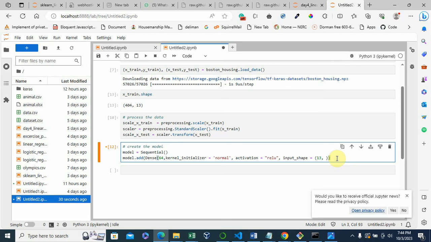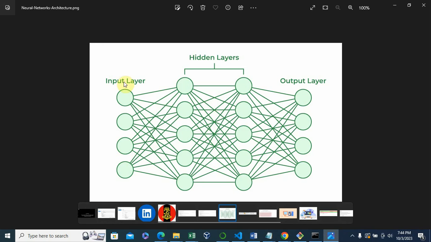This opens that, and then the last bracket opens the layer. So that's a layer. What you see here is equivalent to the input layer that you have here. So you can have several hidden layers.